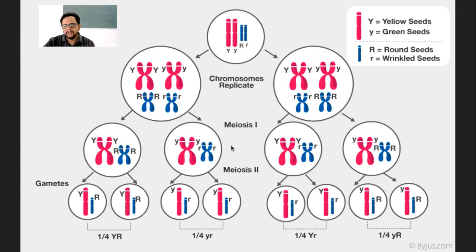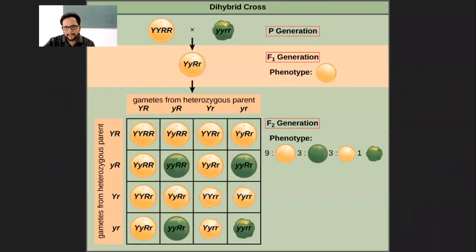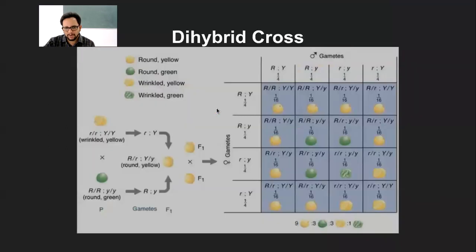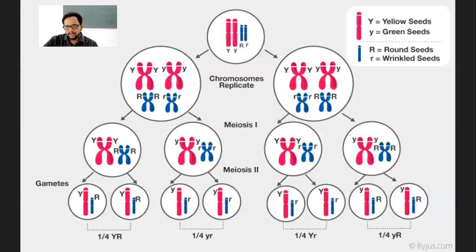Again, if I go back to that diagram, you can correlate it more. So these were the individuals taken. You get capital Y, small y, capital R, small r, and that is what was shown in that particular diagram. At the end, whatever gametes you get, they were exactly the same. So you have both capital, both small, and one Y small and one R small. If you go back now, I'm deliberately using non-biological terminologies, like capital and small here, because it's easier to understand.